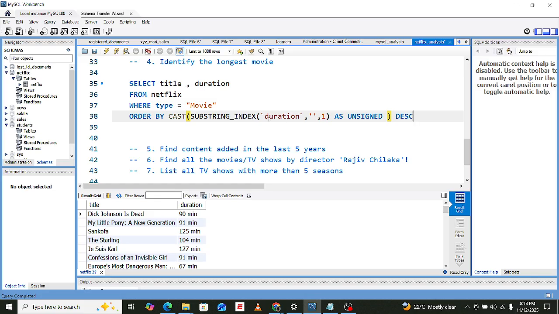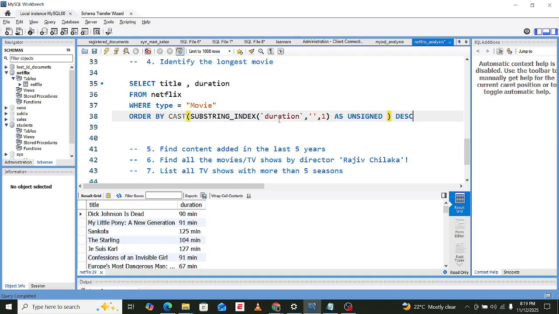Let's see what we have. What will happen in this cast is that we are going to take out the 90. You can see we have 90 minutes, with a space between the two parts of this duration: the 90, and then a space, and minute.